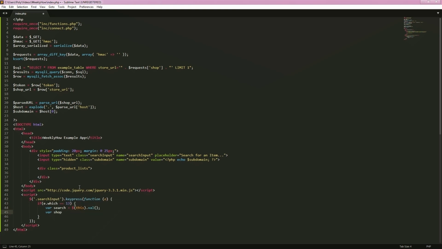Let's just say shop or subdomain. It's much better. Subdomain is equal to that subdomain dot val. Close that. And this is where we're going to do an Ajax function, jQuery Ajax, and open that, and then make sure you open with curly braces and close this one before you